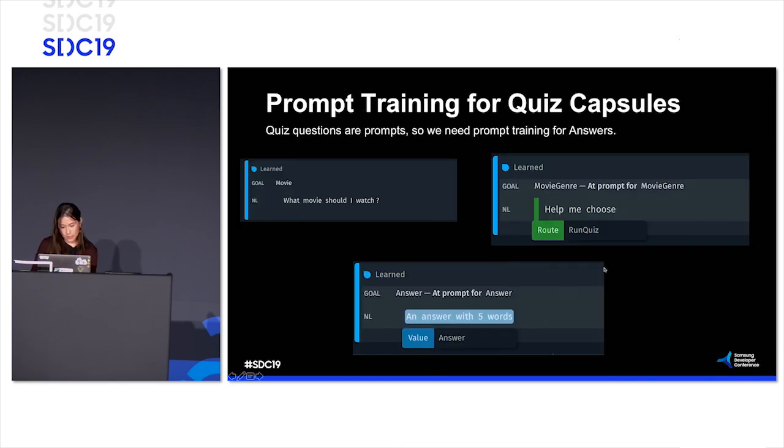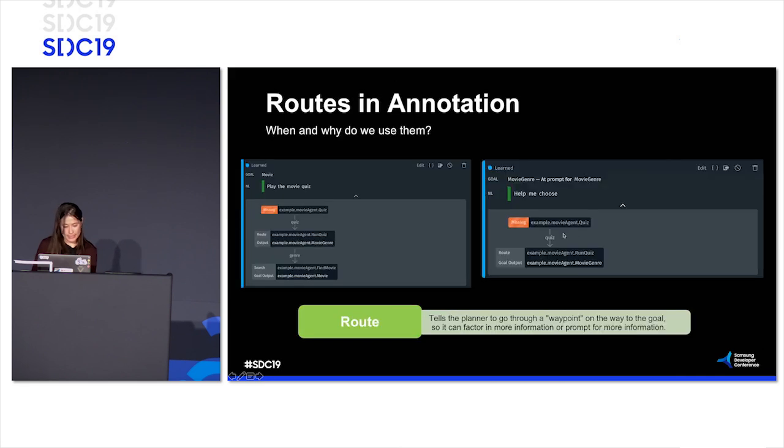Okay, so roots. This is the root flag here, help me choose. And we see it again here, play the movie quiz. When and why do we use them? Just as a reminder, again, roots are a way to reinforce the goal through a waypoint, like a vehicle to take you to a goal through a special